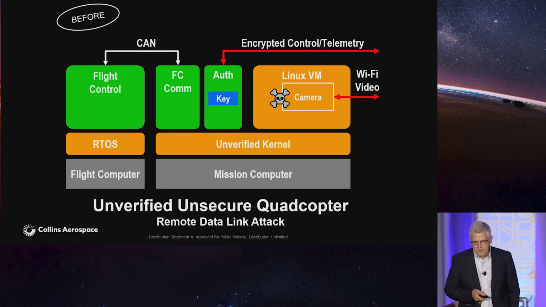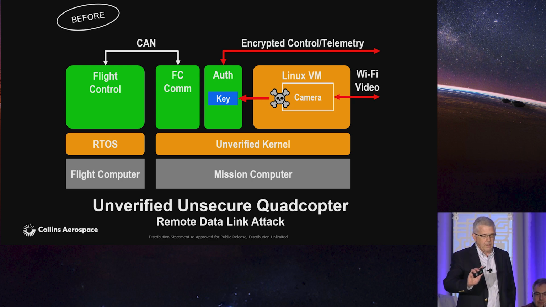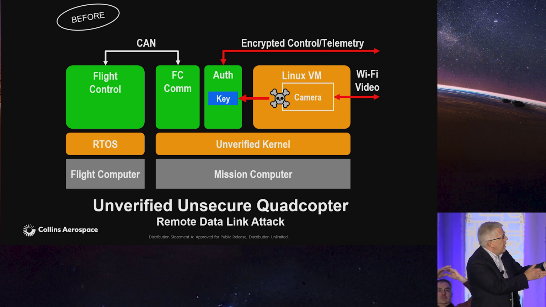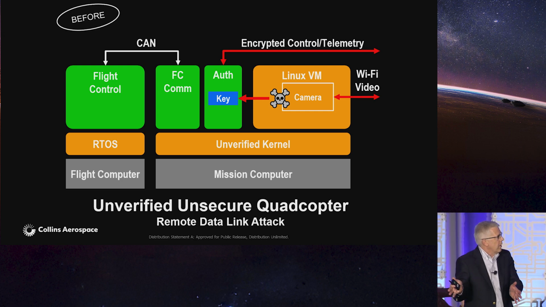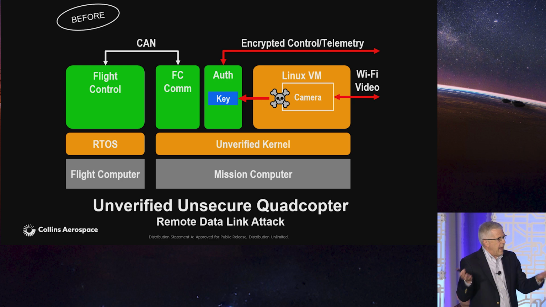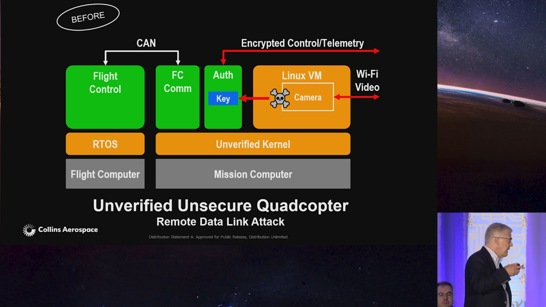And here's this familiar picture. But this is the before picture. And you can see we've got the flight control computer on the left and the mission computer on the right. So we start out with an unverified kernel that has some memory protection bugs that we're going to be able to exploit. Now I mentioned that